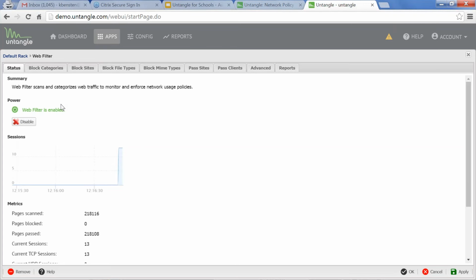Within the interface here, Untangle leverages a third-party technology vendor called Sitevel. You're welcome to visit their site. What they do for us is manage the database. They dynamically update URLs that come on the fly, and they really do provide a top-of-the-line service. And that's built into the key functions that Untangle offers you as well.